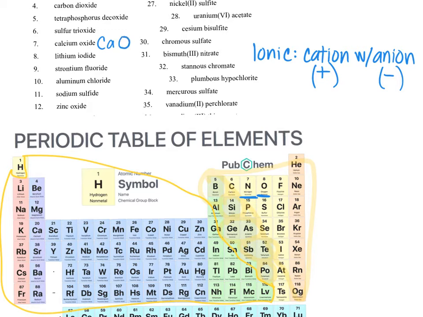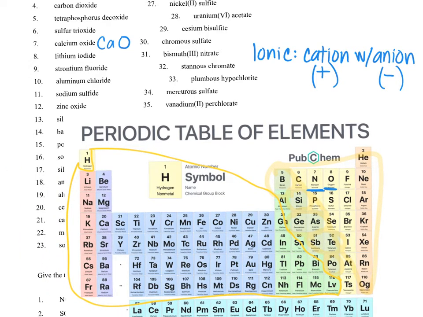symbol O. What you also have to take into consideration when you're writing the chemical formula, when you just use the symbols, is the charges. So how do I identify that in case the book didn't make it completely clear? For all main group elements, and those are the ones that I'm going to have you focus on, main group elements are the ones that are right here and right here. So basically anything in the center, this rule that I'm going to state does not apply. So for main group elements,